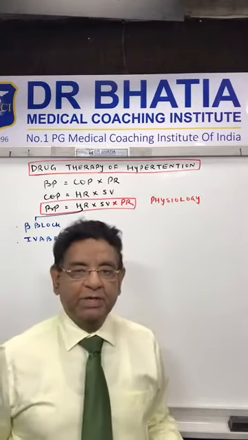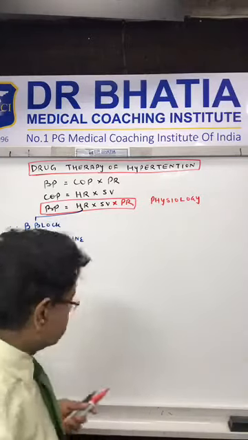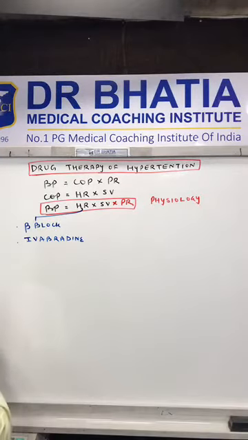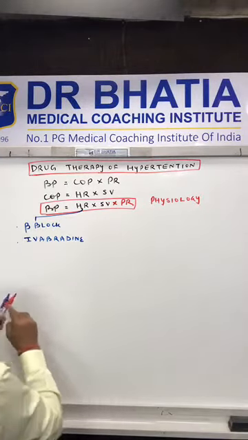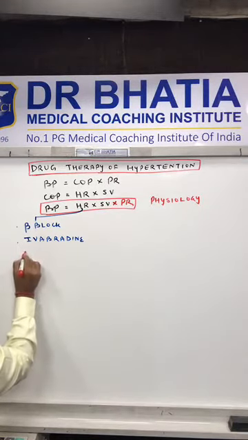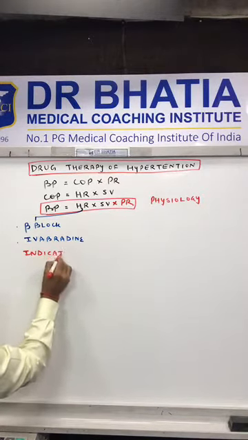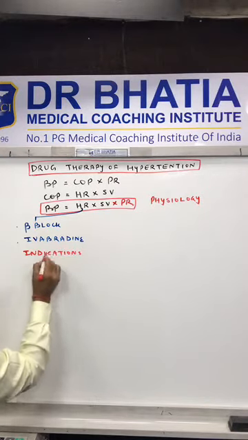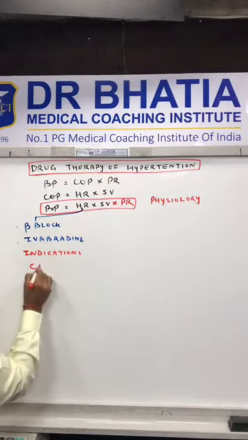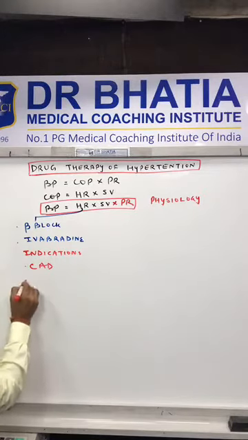Right? Now, what are the conditions where we will be using beta blockers, to be more precise? So this was the pharmacology. So in the medicine side, the clinical side, the indications: beta blockers we use in coronary artery disease. We also use in case of